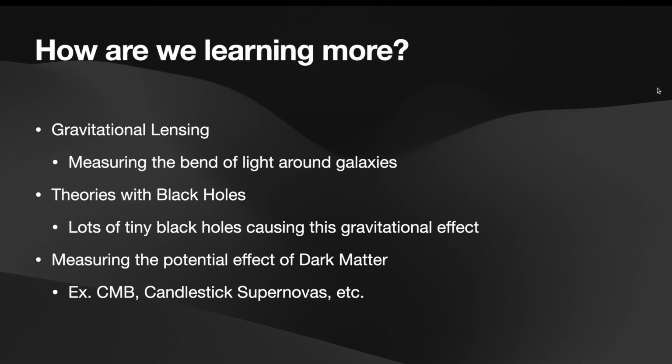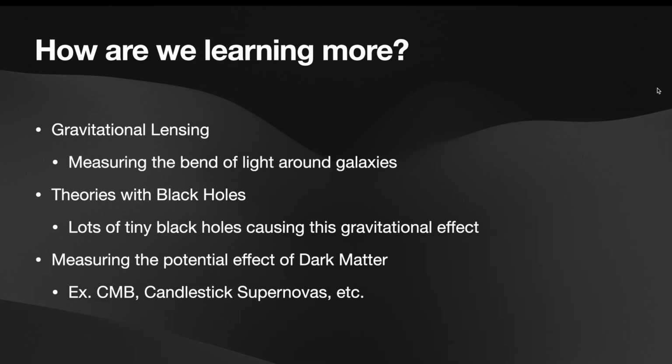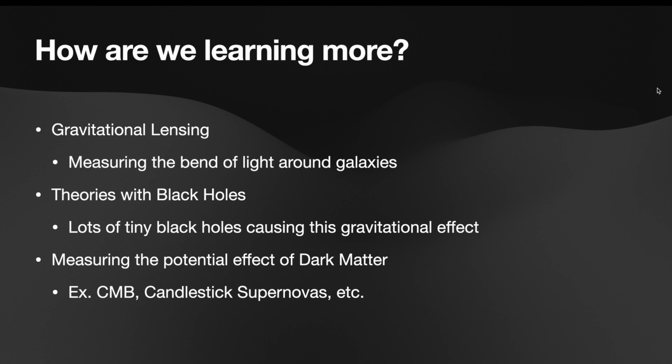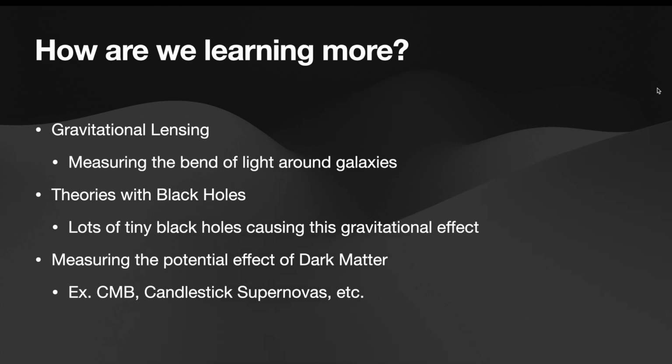And most of the science that's happening right now is trying to measure what dark matter is doing. So you can look at the cosmic microwave background and be like, hey, there's some spots where it's a little bit altered because of dark matter and because of its gravitational shifting. And you can, again, use gravitational lensing and look at the light from these supernovas, like these standard candle supernovas, right, that we know the brightness of. So there's a bunch of different ways that scientists are trying to learn more about dark matter and the way it interacts with gravity. And hopefully they can use that to try and figure out what this thing actually is.